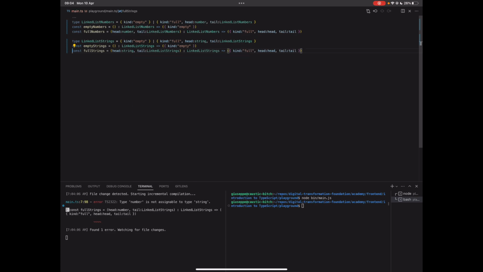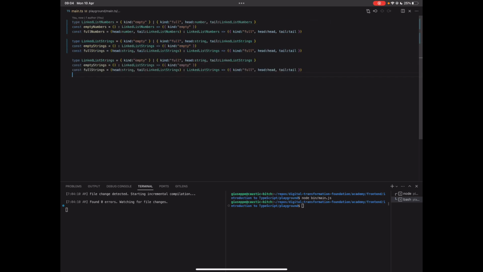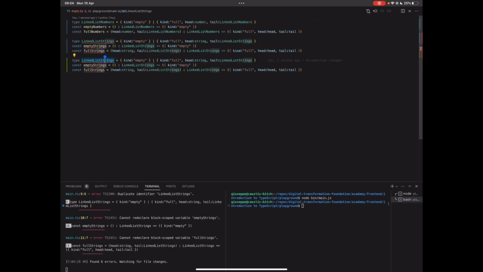And it's also very tedious, but you know, now we have the same structure, the linked list of strings. Suppose we wanted to add yet another method or another constructor or another utility function to linked list numbers, well, we would have to also copy it in linked list strings. And obviously this mechanism doesn't really scale, because now if we want to have linked list of people, and now